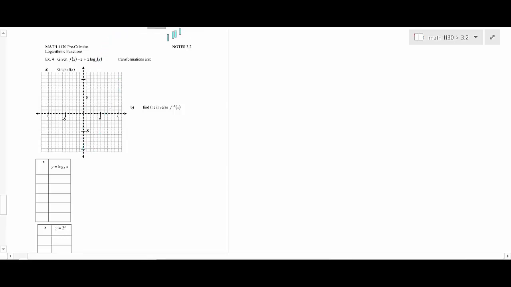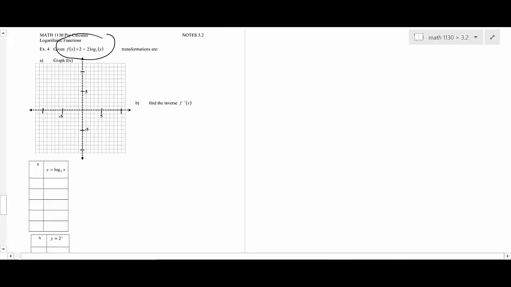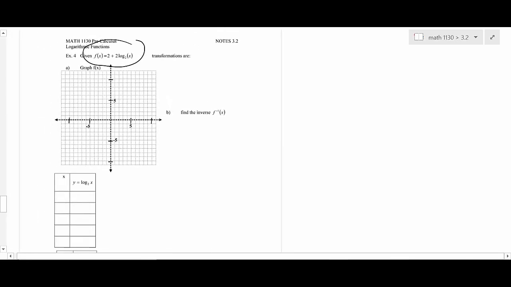So what we're going to end up doing with this one is ultimately graphing f of x equals 2 plus log base 2 of x. The way I'm going to show you how to do this is forget about the transformations of 2 for a minute and just focus on this part right here. So if you have y equals log base 2 of x, can you tell me in your head what the inverse is? That's important. It's 2 to the x,